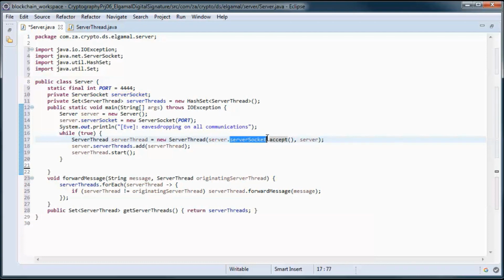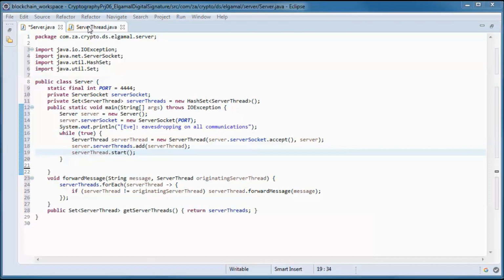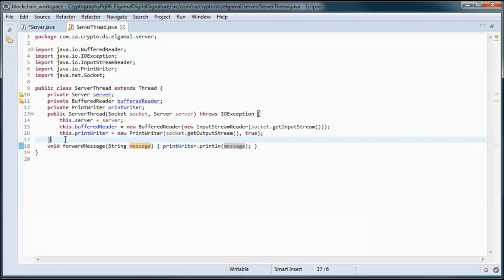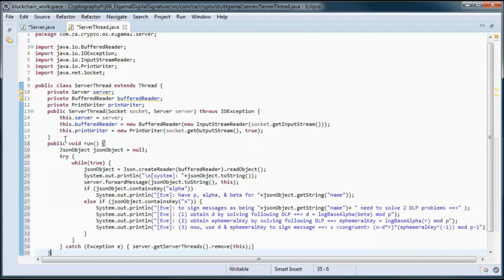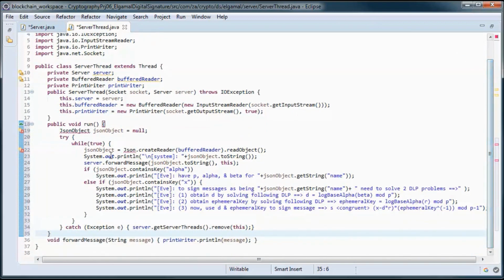We use the server socket to accept it, and we have a server thread that will handle communications with that client. And we add that server thread instance to the set of server threads, and then we call the start method, which will end up triggering a call to this run method when the operating system decides to do so.